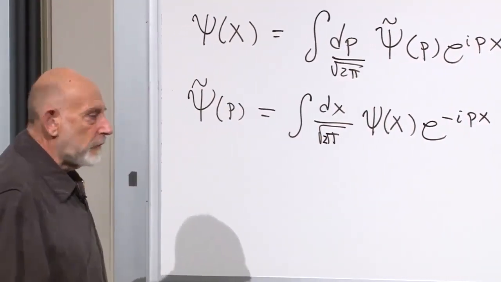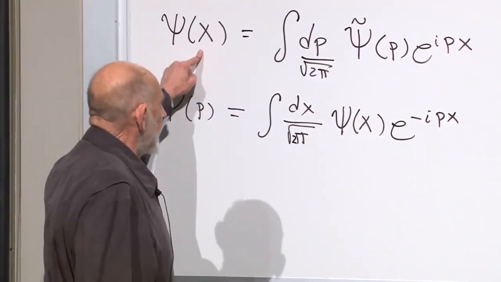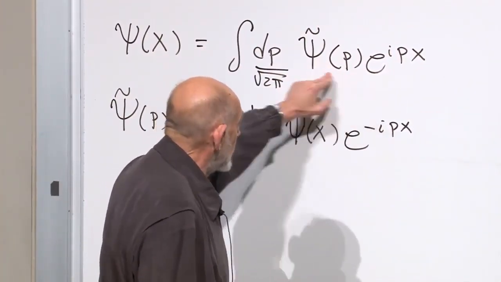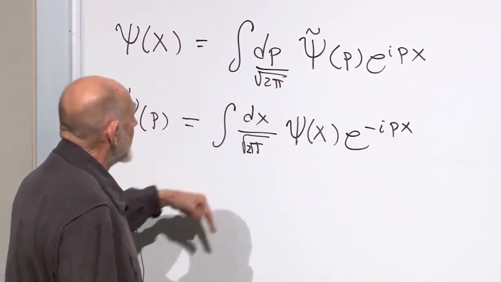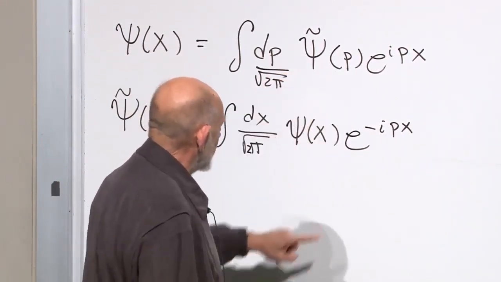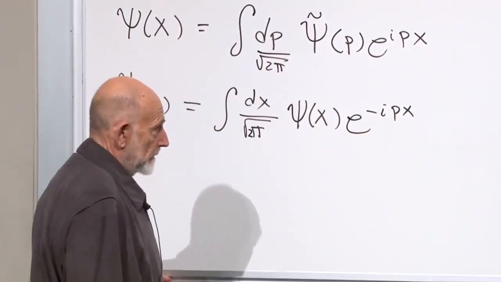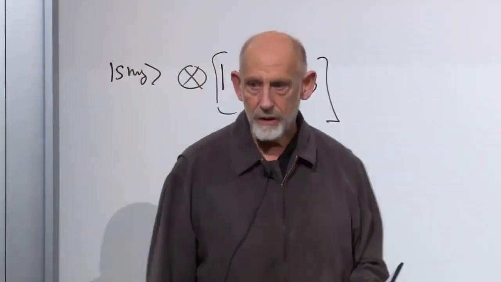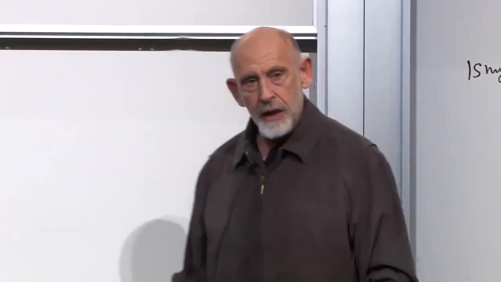That's the basic theorem of Fourier analysis, that if psi of x is the Fourier transform of psi twiddle of p, defined in this way, then psi twiddle of p is a Fourier transform of psi of x. Very much the same pattern, except that you put an e to the minus i px there. We will need that theorem. If you don't know that theorem, it's a very important theorem in quantum mechanics. And it expresses a kind of reciprocal relationship between x and p, which of course ultimately are going to be position and momentum.